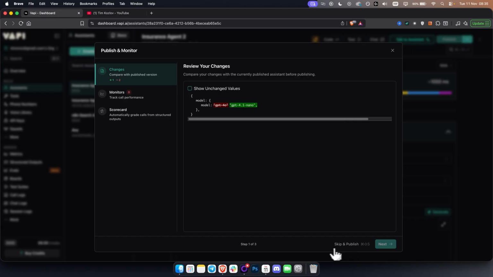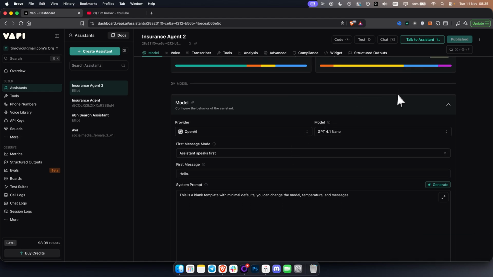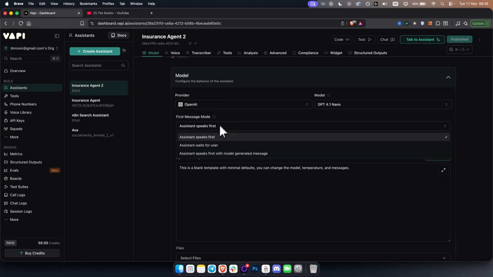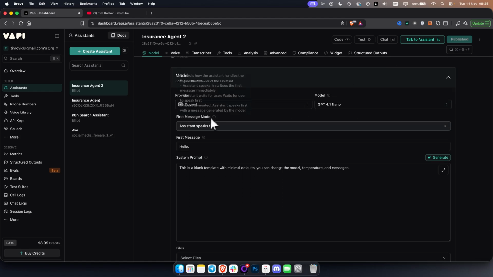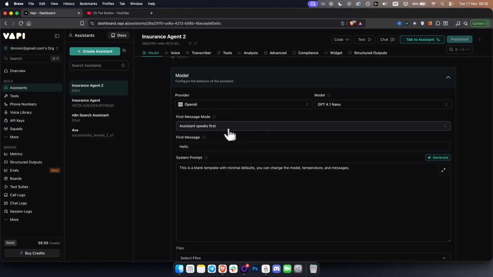If we skip and publish, and if we refresh, this ping will drop down. Now this ping will also drop down based on a couple of other things, but here, as you can see, first message mode, assistant speaks first. So assistant speaks first. This is what we want because